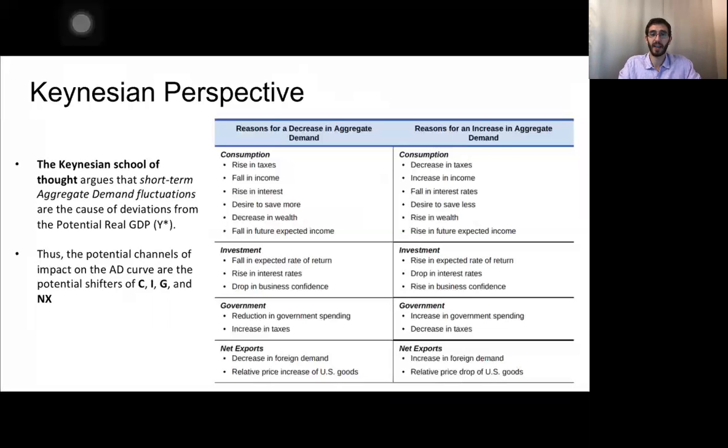So in the Keynesian perspective, we know that this is going to be focused on the demand side, which then, since aggregate demand is equal to GDP, which is equal to the GDP formula, anything that impacts one of the 4 components of GDP will result in a shift, increase or decrease, of the aggregate demand. Okay, so here you're going to see an increase, so we're shifting to the right, and those are all things that could shift aggregate demand to the right. Okay, and here we're going to see a decrease, so those would be all things that would shift aggregate demand to the left.